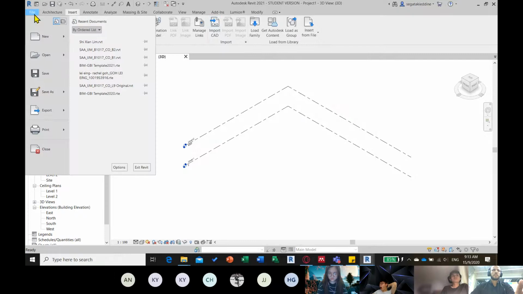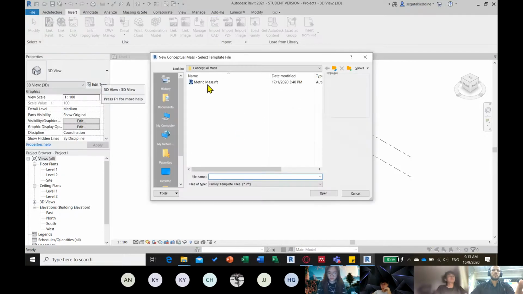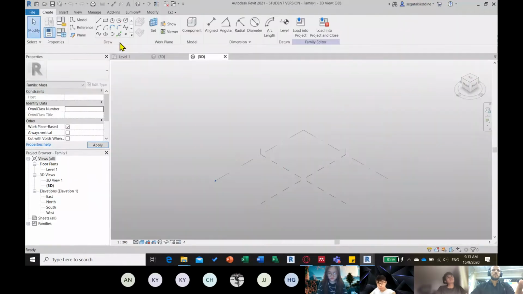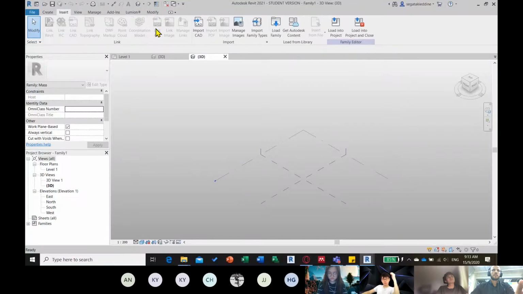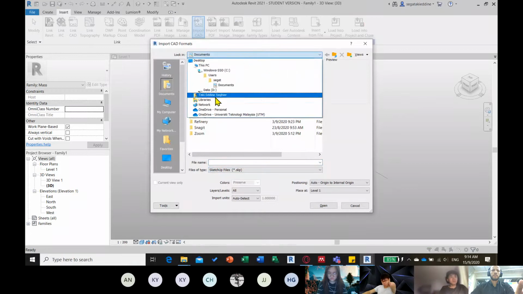The other option is that you can import it in the conceptual mass, because you want to integrate your mass in the site. So probably you will need to import it here. It's the same thing. You go to insert, import CAD, and SketchUp, and you search for the file. So basically mine,